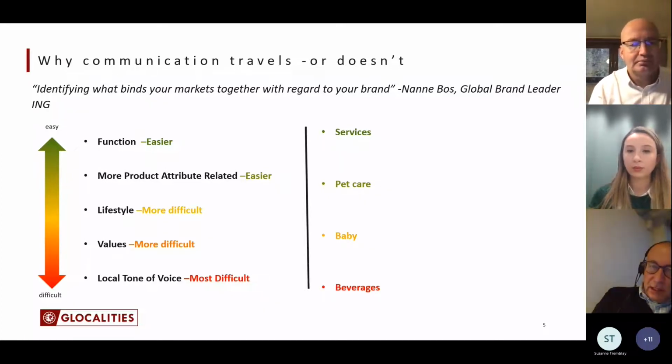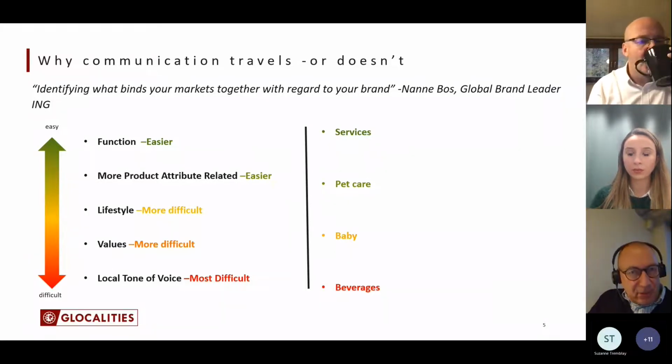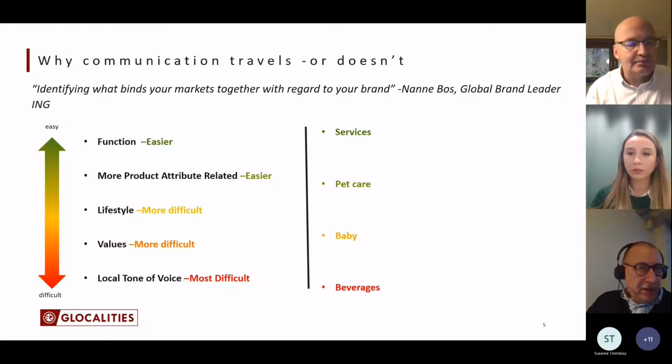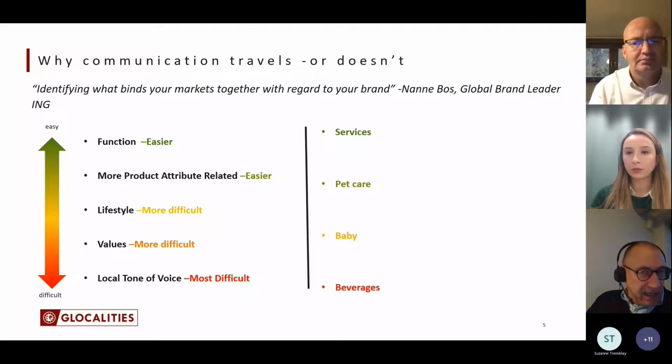Even you can see that there is a difference in industry and branches. Service industries have an easier job than, for example, the food and drink industry. This morning I got an advertising campaign from American Express, and probably you have seen it as well, that gives a discount on all international airports. A pure functional service-oriented advertising campaign.